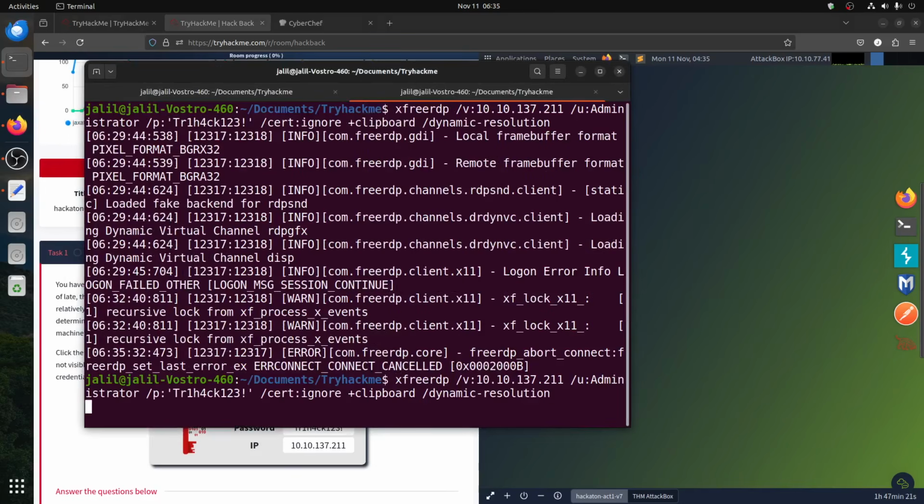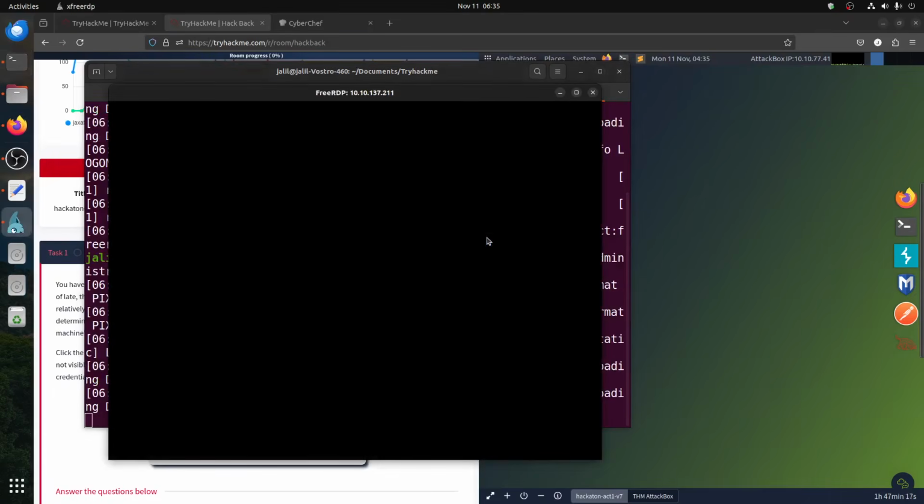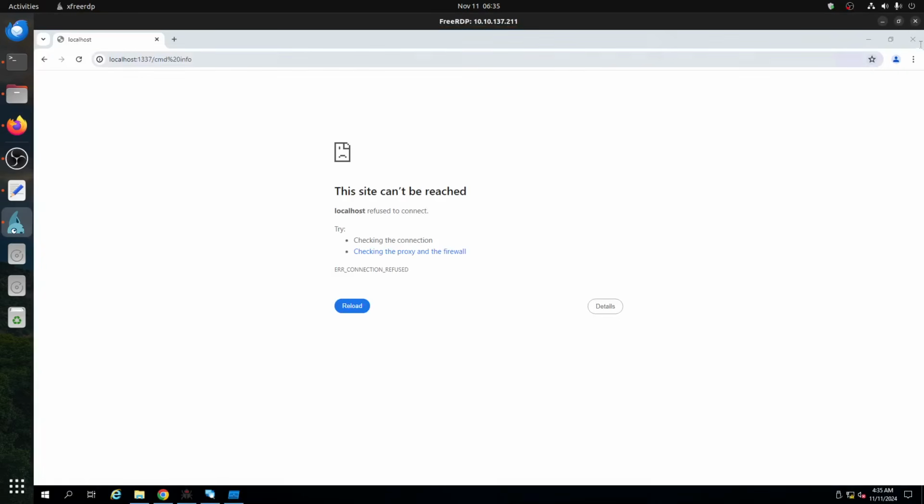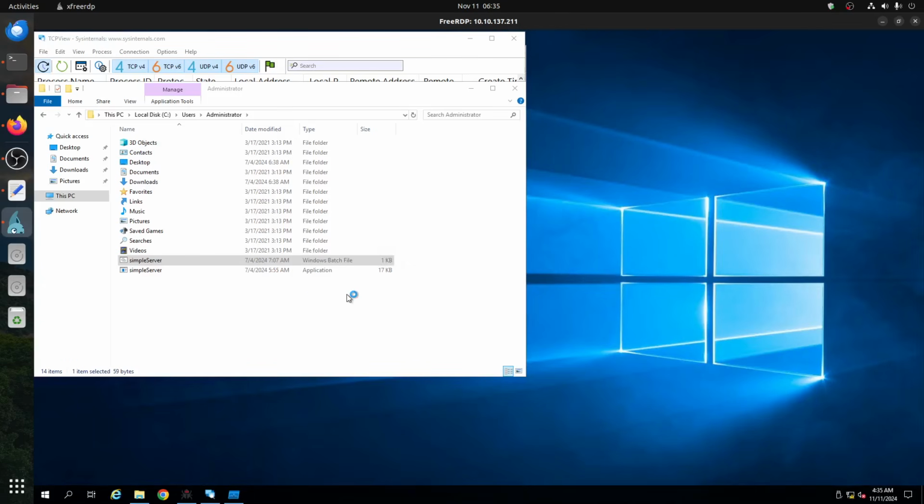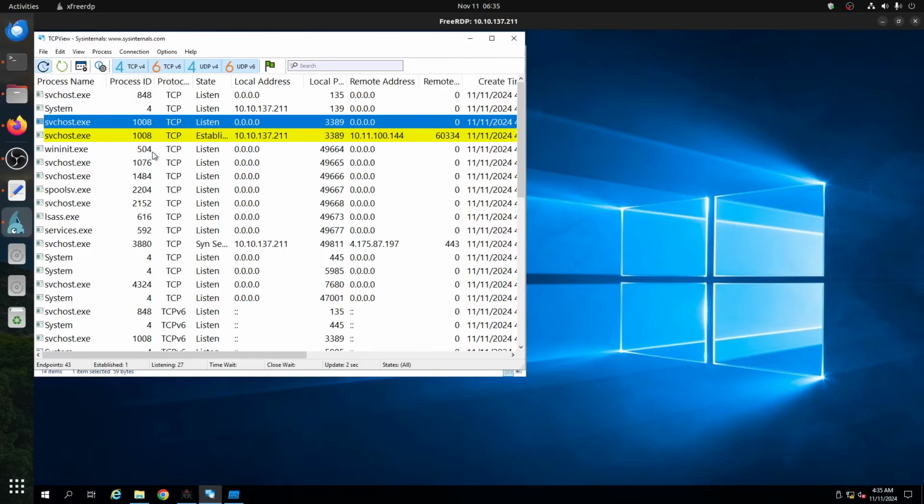Sorry, I'm supposed to just close Chrome. Close Chrome. So now we know this one does commands. And because we know it was listening on 177,